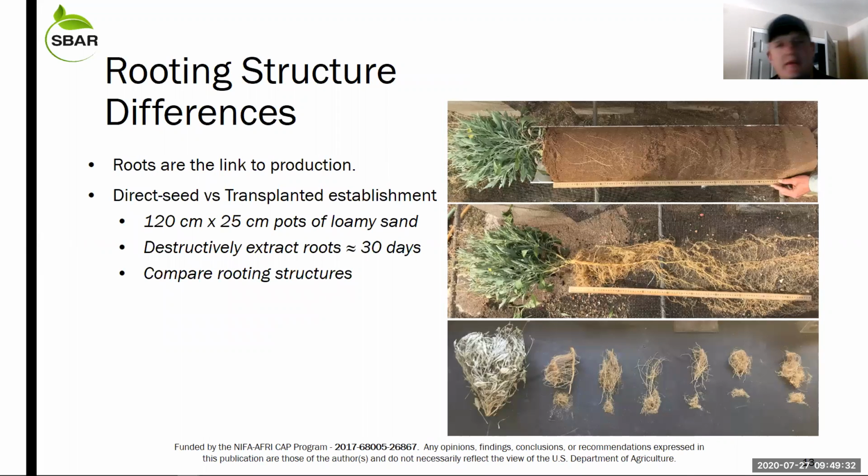So the first experiment that I'm going to cover briefly here is this rooting structure comparison that I'm doing. I'm establishing Waiuli in 2 different methods. I'm growing them in small plugs and then transplanting them, and I'm also direct seeding them into these large pots. They are 120 centimeters tall by 25 centimeters round. They are filled with a loamy sand from the field. They come in at about 250 pounds when they're freshly watered, so they're quite difficult to move around the greenhouse